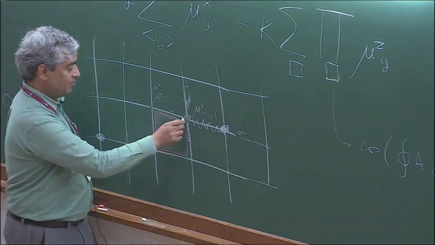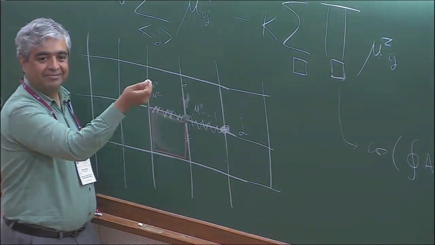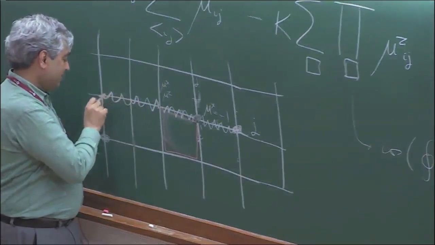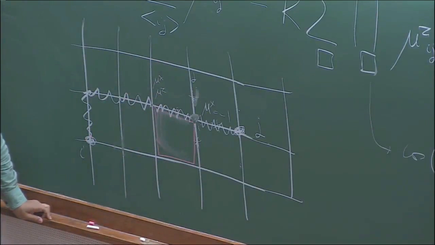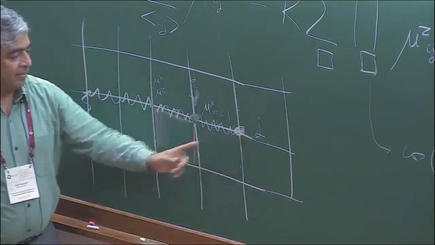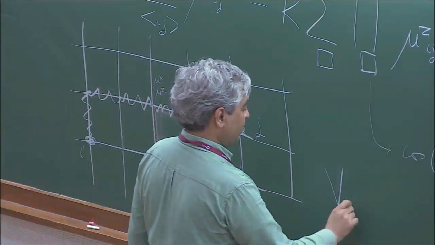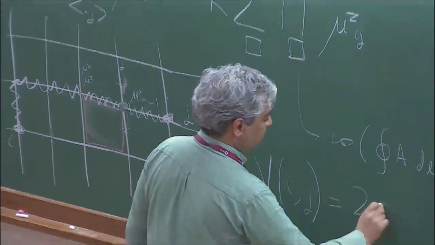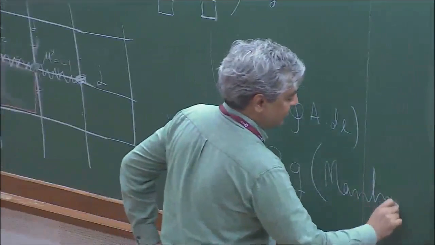Well, now you can see you probably want to put it here. You could put it there, but we'll see that's not going to be good, because you just want the shortest path to go from here to here to here. If you pick anything else, it costs more energy by an amount 2G. So what you see is that V of i, j is equal to 2G times what you can call the Manhattan distance, at least for the square lattice.